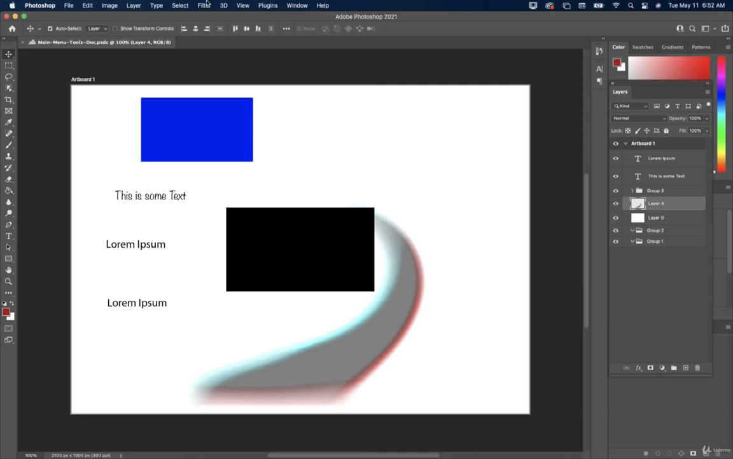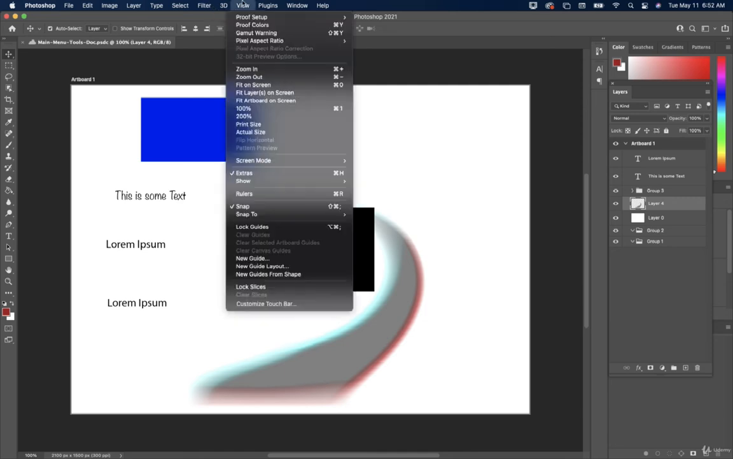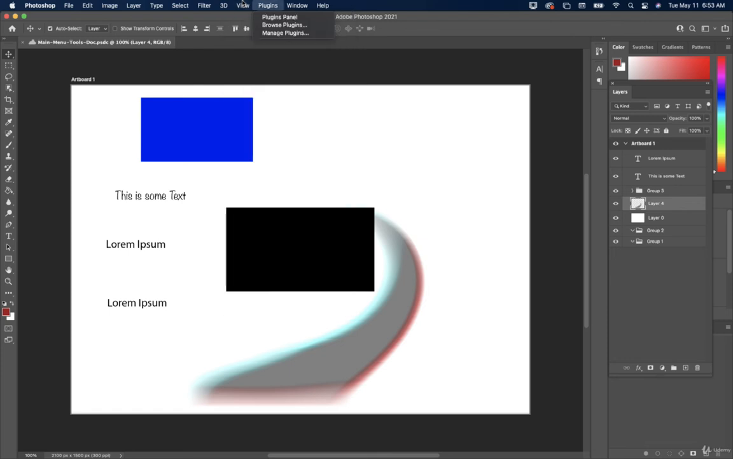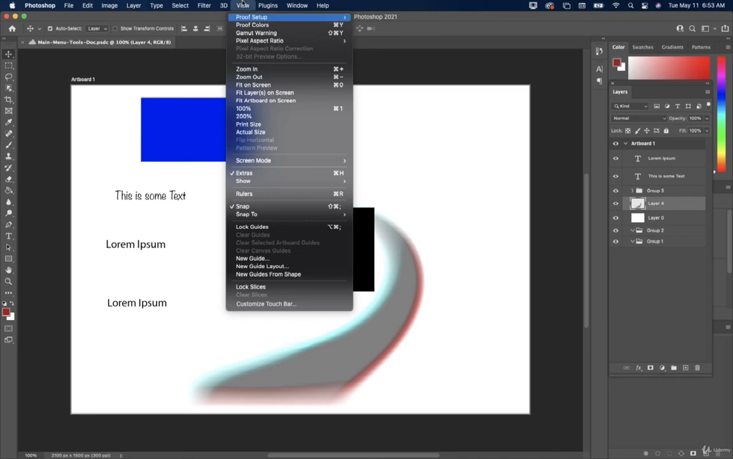All right, welcome back. So in this video, we're going to talk about the view menu. So the view menu, you have a variety of options, and there's not really examples to show, just to kind of review all the different options. So you have proof setup, proof colors, gamut warning, pixel aspect ratio, okay, pixel aspect ratio correction, 32-bit preview options, and then